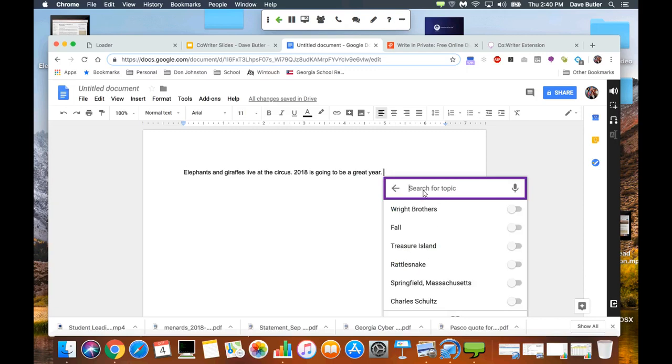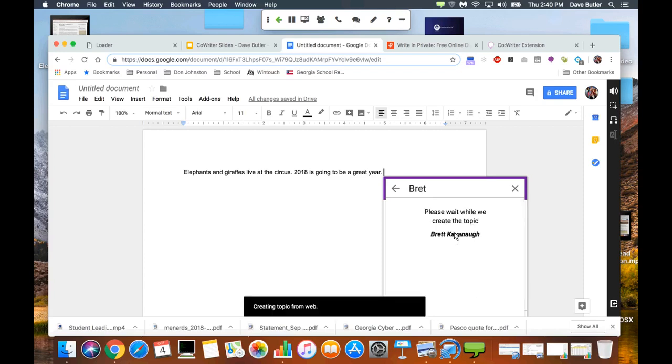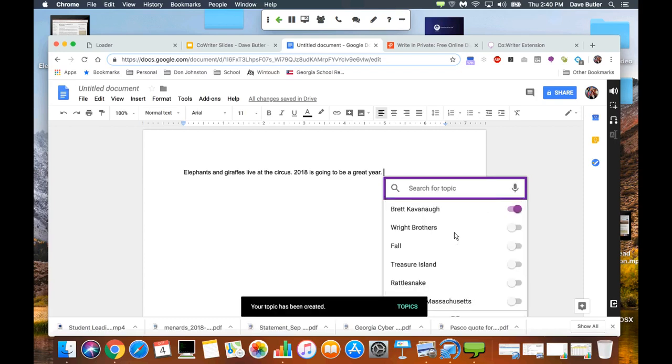So if we're writing on current events and we wanted to write about Brett Kavanaugh, click on that. It creates a topic dictionary, and now I have all the words that are associated with Brett Kavanaugh. If I finish with that and we go to science and we want to talk about the circulatory system,